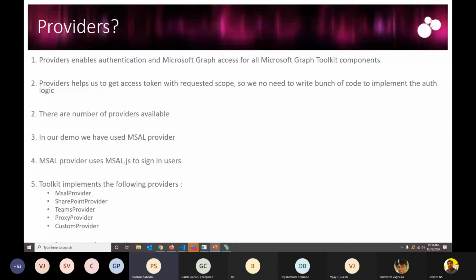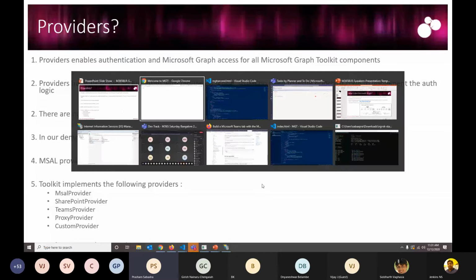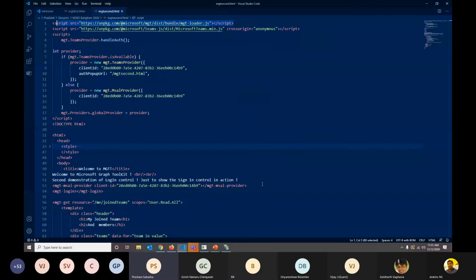As we saw here, if I go back there to these providers, if you notice on my screen, we are using this MGT MSAL provider. This again came from the mgt-loader script, and we are passing a parameter, the client ID, to it, and this client ID is of our Azure app. If I go back to my app,